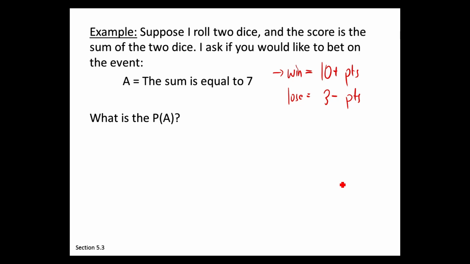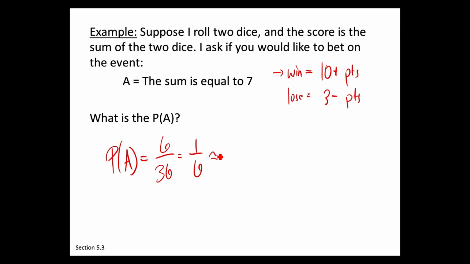So if we look at this, what's the probability of actually winning then? So what is the probability of A? We need to go back to that chart we had. Remember that chart with all the 36 outcomes, the two dice? And what was the decision on that as far as the probability of rolling a 7? It'd be 6 over 36. So there were 6 ways to do it. Is that true? Was that what it was? 6? Mm-hmm. And there's 36 possibilities. So you have a 1 in 6 chance, which as a decimal comes out to be